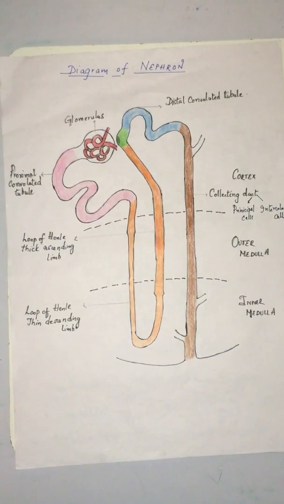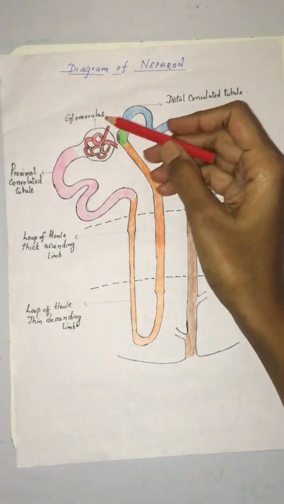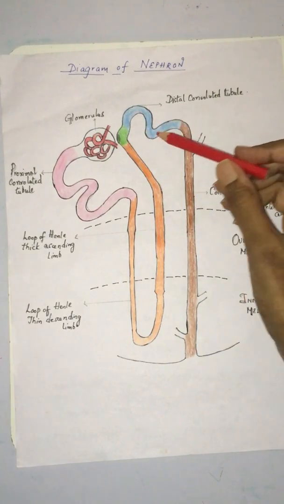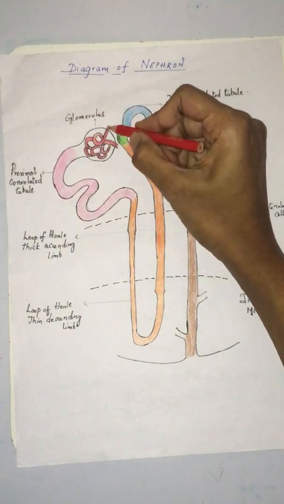Today we'll be learning about the diagram of the nephron. The nephron includes the glomerulus and the renal tubule. There are about 1 million nephrons. Coming to the glomerulus, it consists of